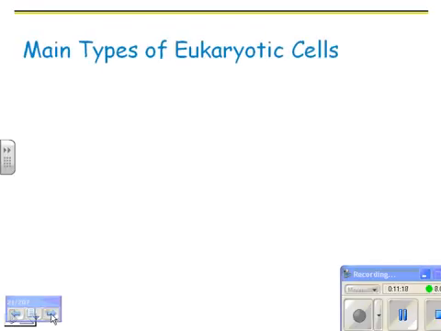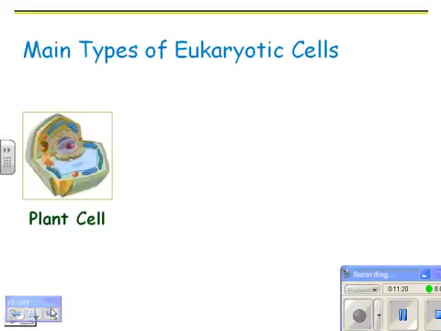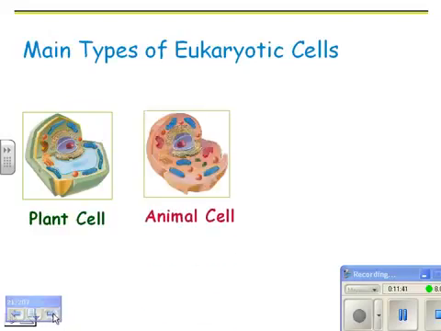So main types of eukaryotic cells, there are plant cells. You can usually tell a plant cell because it's got a cell wall. And I say not always because protist cells and fungi also have cell walls. But you can tell a plant from an animal cell because the plant cells have these cell walls. And if you remember back to our unit on biochemistry, the cell wall is made out of cellulose. Here's an animal cell. You can see it's rounder. The animal cell doesn't have a cell wall, so it just has a cell membrane.